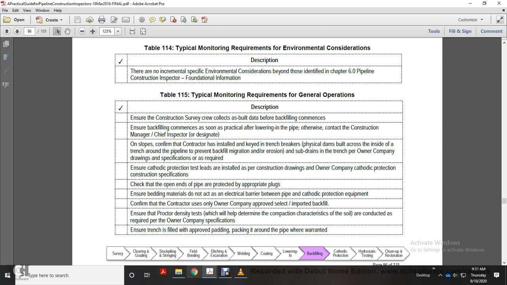Check open-ended pipes are protected with appropriate plugs. Ensure buildings do not act as an electrical barrier between the pipe and cathodic protection equipment. Confirm contractors use only owner company approved, selected imported backfill. Ensure proctor